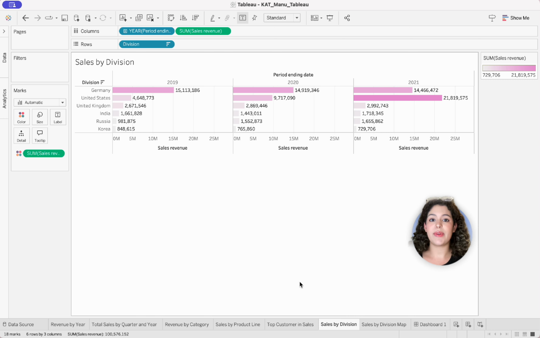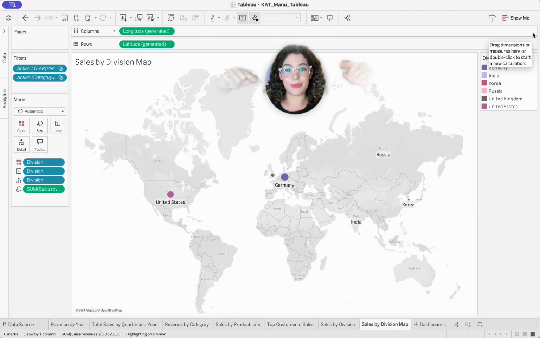Alrighty. Here we have our 6 divisions: Germany, the US, the UK, India, Russia, and Korea. As we can see, our biggest contributor is Germany. And if we take a closer look, we can see that the US is gradually increasing in sales revenue from 2019 to 2021, starting off with $4 million in 2019 all the way to $21 million in 2021, by around $17 million. As you can see down below, we have a map to better visualize how our divisions are doing